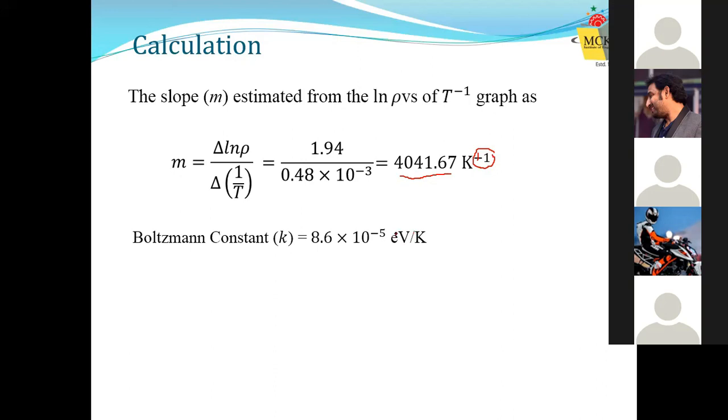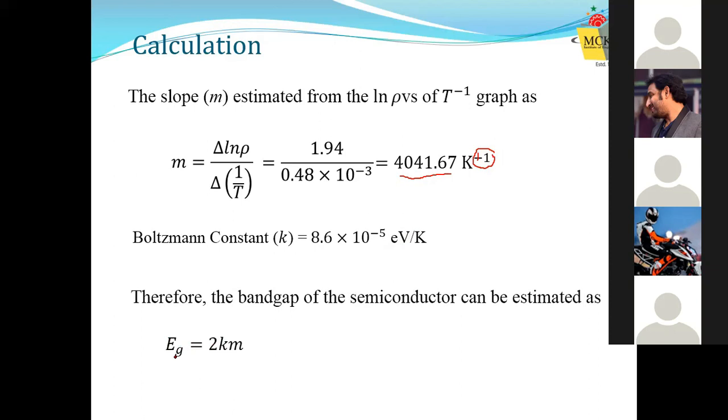See, the Boltzmann constant can be written in terms of joules per Kelvin, and it can also be written in terms of electron volts per Kelvin. If we write the Boltzmann constant in electron volts per Kelvin, our band gap will also come in terms of electron volt. So the Boltzmann constant is supplied to you, the value. What is the band gap? The band gap is 2 into Boltzmann constant into slope. So Boltzmann constant is here, slope is here. You just multiply them and you get in terms of electron volt as